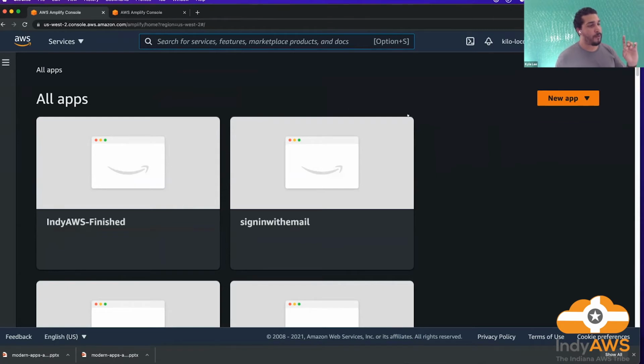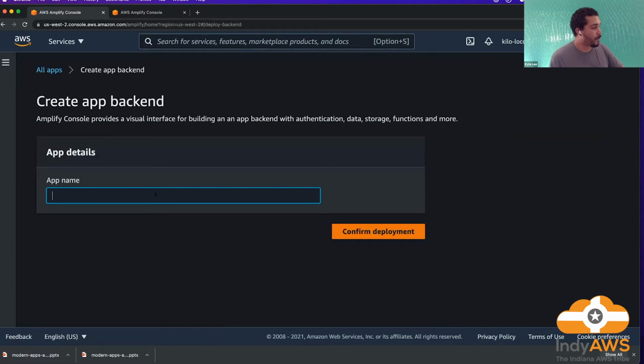And what you would do is, I think there's a get started or a new app button, but essentially you would hit some type of orange button. And you want to get started with creating the backend. So like I said, Amplify is here to build out the backend resources that are relevant for your app. So we'll go ahead and create one. And it's as simple as entering in a name.